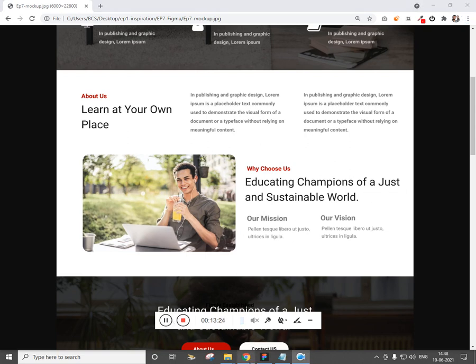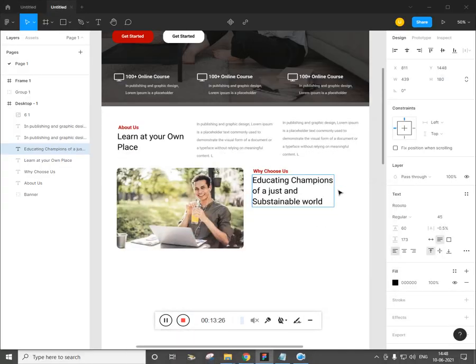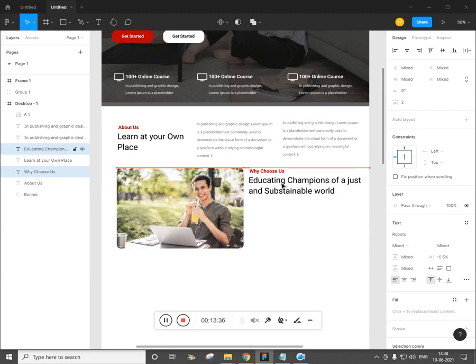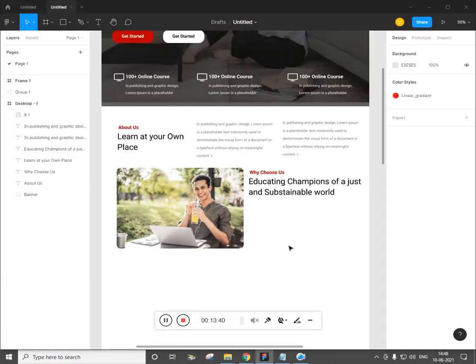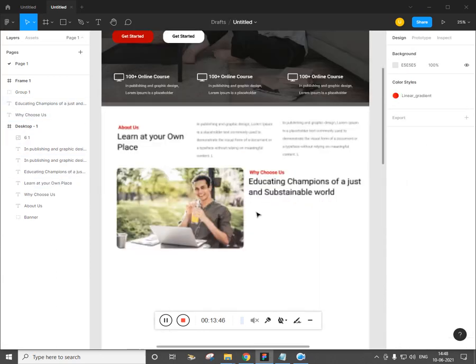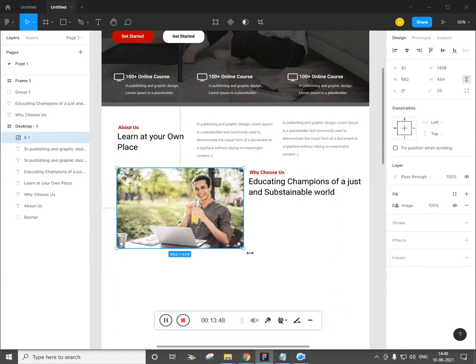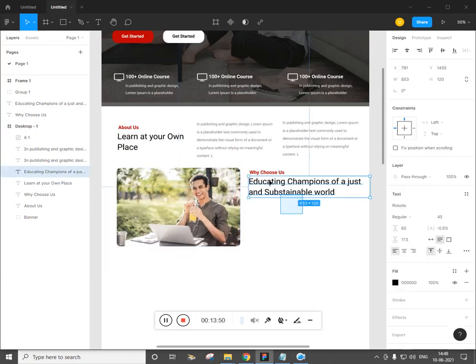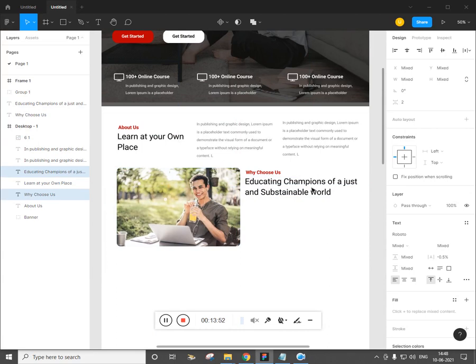I have typed the text. Now what we need is we want it to fit. I select these two. Cool. Now let's take these two guys by pressing alt, so we need a copy. If you want, you can make this smaller. Select these two guys and properly place it.